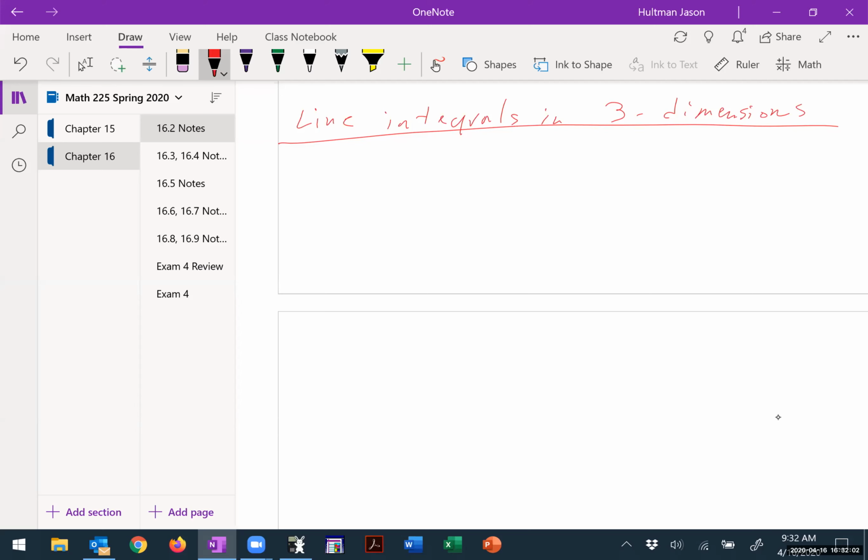Okay, instead of c over xy, it's c over xyz. So f of x, y, z. We're just going to have to parameterize in terms of x, y, z, but we can still parameterize this in terms of one variable t. Okay, this is the integral from a to b of f of x of t, y of t, z of t, square root. I'm just going to put x prime